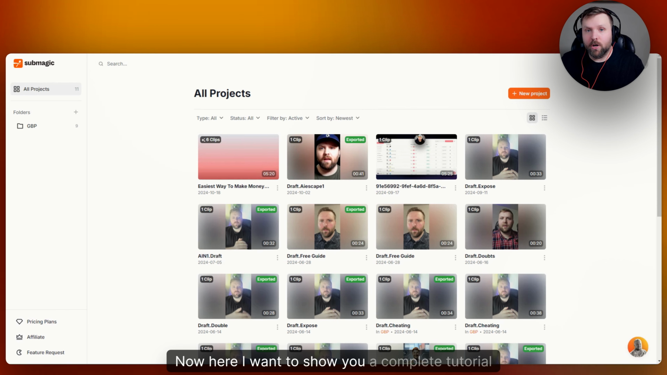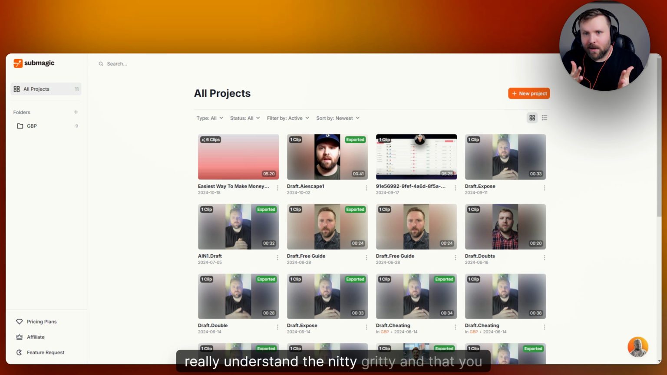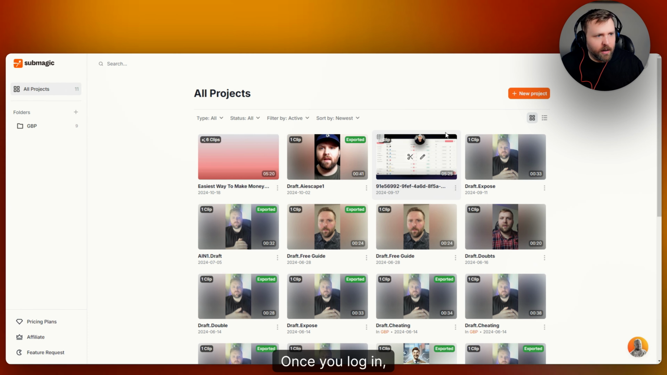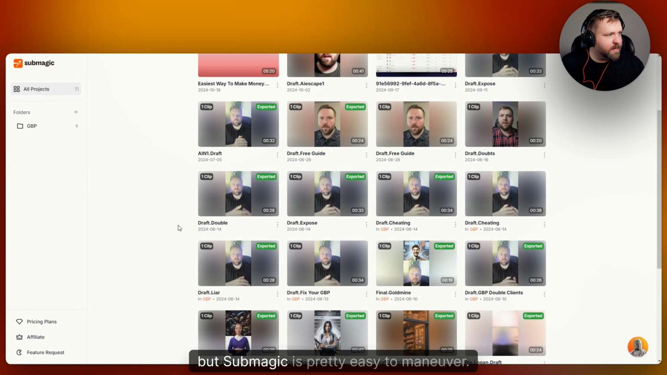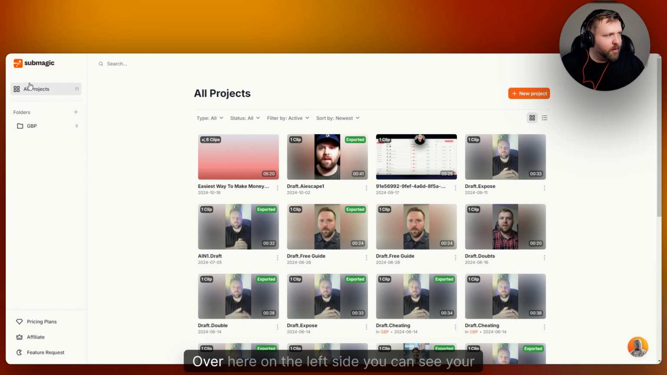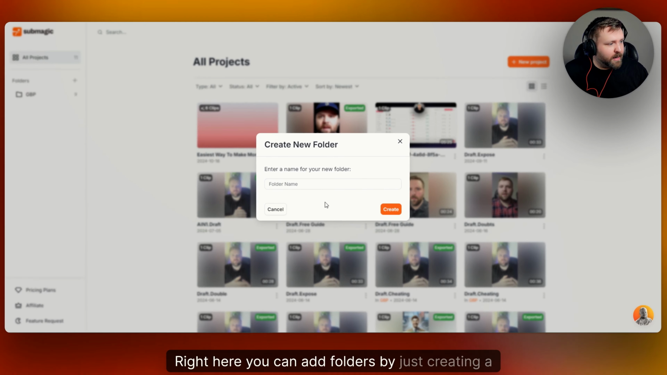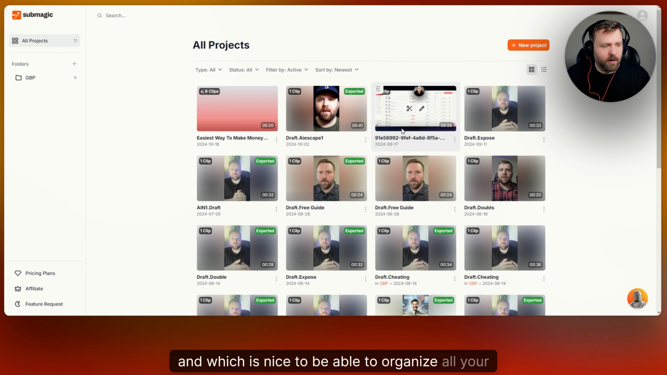Now here I want to show you a complete tutorial review of how Submagic works so that you can really understand the nitty-gritty and that you can do this for yourself. So this is the dashboard once you log in. Of course, you need to either start a free trial or subscribe. But Submagic is pretty easy to maneuver. Over here on the left side, you can see your projects right here. You can add folders by just creating a new folder, which is nice to be able to organize all